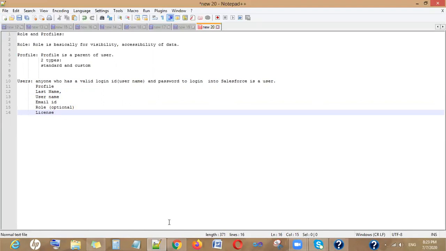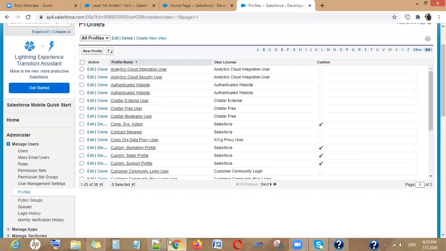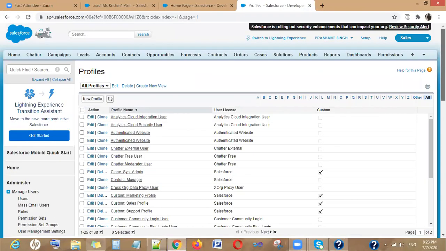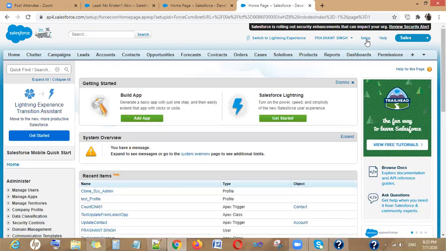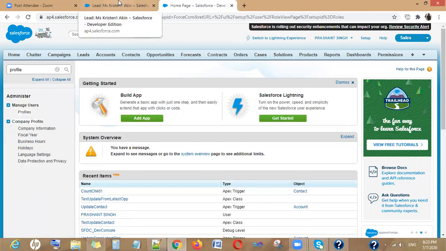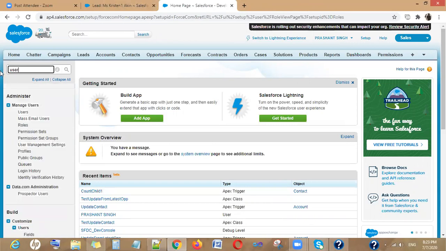So how do you go and perform operations, like creating a user or making some setting changes for a user? You click on setup, write user, and inside Manage Users you will see Users.